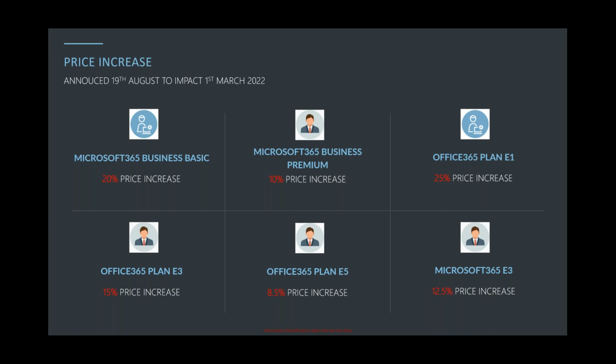I mean, yes, they've also got the business suites, Business Basic, Business Premium, which are the suites which have a hard limit of 300 users. So whether you're a small, medium, or large organization, this price increase really is going across the board. Even things like Office 365 E5 has also got a price increase, 8.5%. And Microsoft basically have E5 as that top layer, as containing the most products. So to see an 8.5% increase, even on that top line, really does indicate this is something that's across the